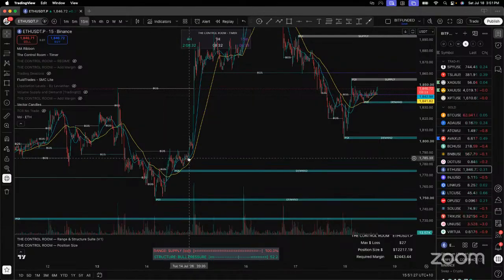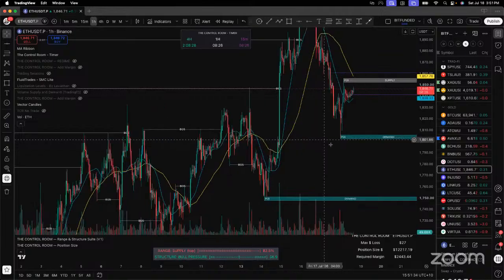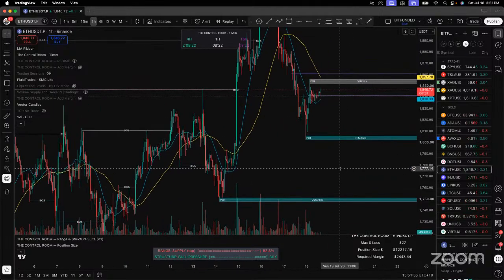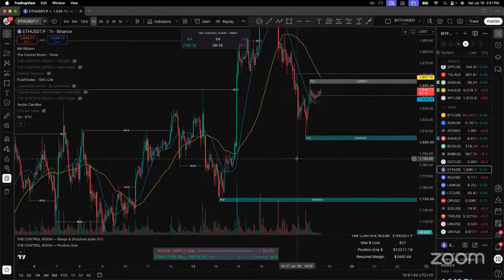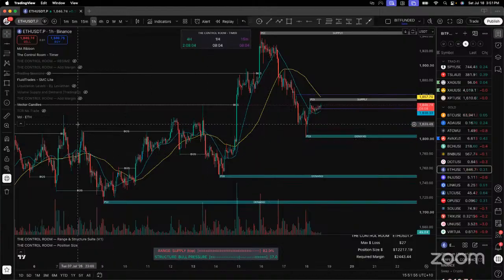1785. Yep. I probably should add to that now, but what I want is to see a 1 hour demand between me and, yep, bingo. We're getting an add-on. I missed that this morning, obviously. 1785. I can't add much. No point doing it really. Wait for another one. Get another hour demand above price, and then I'll add. I can add a little bit, but not much that's going to change it. So I'd rather protect my entry. It's a good entry, so let's stick with it.